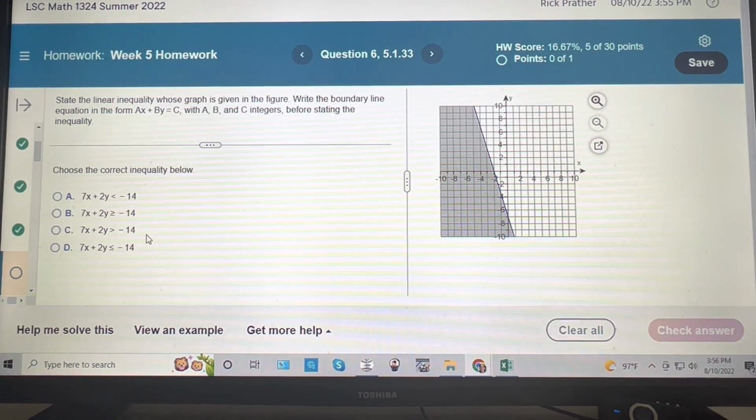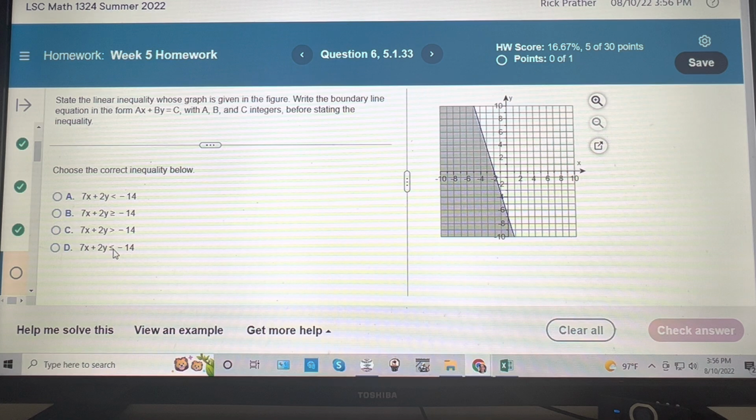Okay, then what they do is they reverse this process. Now they have a graph drawn, and it's shaded, and we want to pick out which inequality that would be. Well, we could maybe get this right just from the way the shading's happening. There's a solid line right here, so it has to have an equal to in it. It's definitely not A or C. Those are definitely out. And it's shaded downward. It's mostly to the left, but think of it as shaded downward from the diagonal line. So that would be less than or equal to,